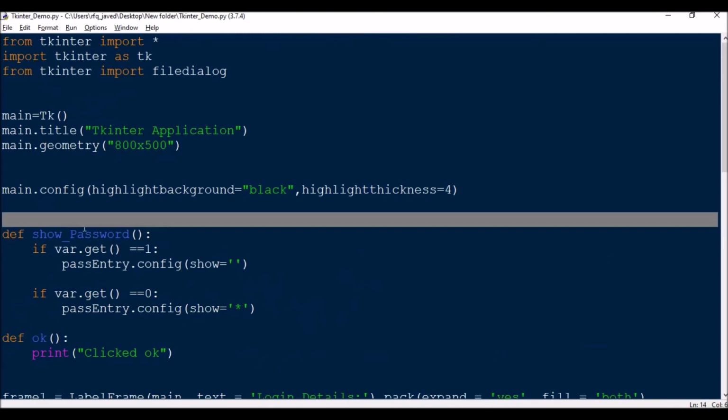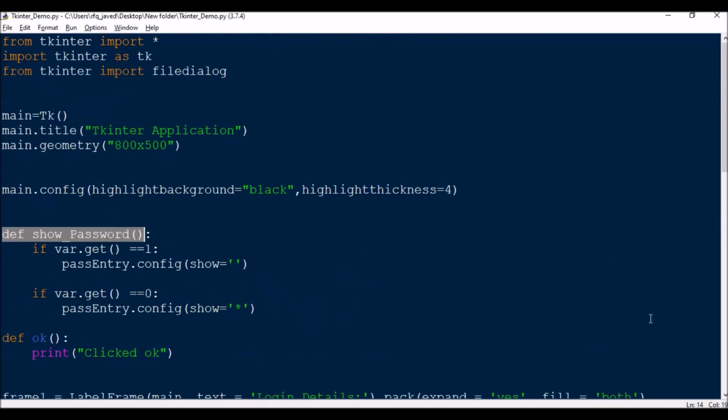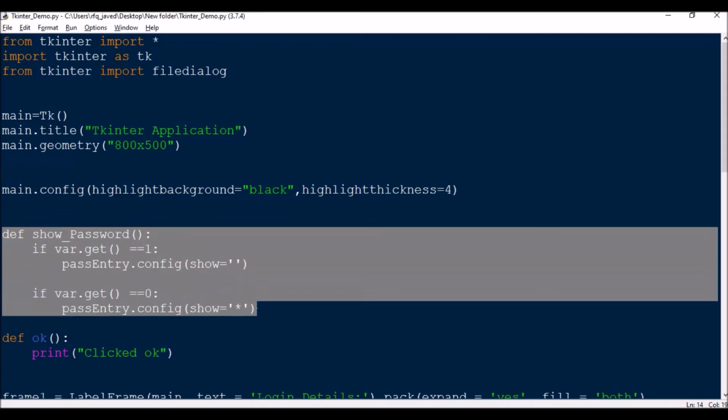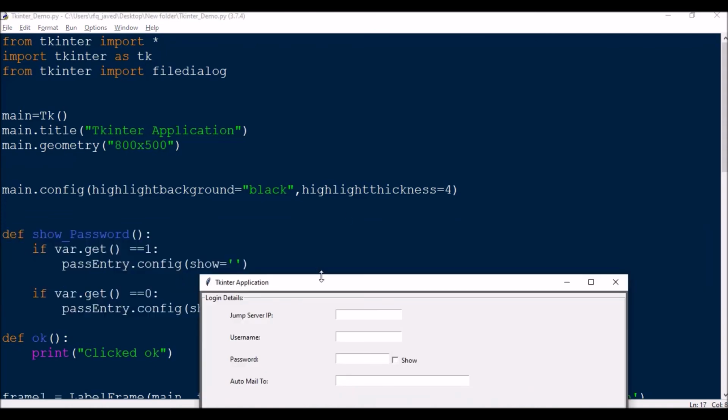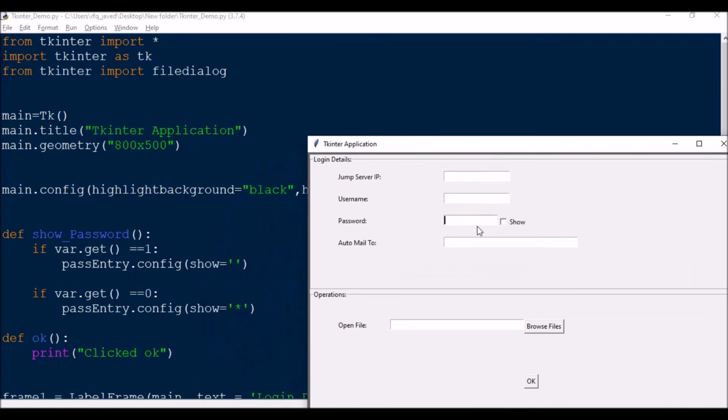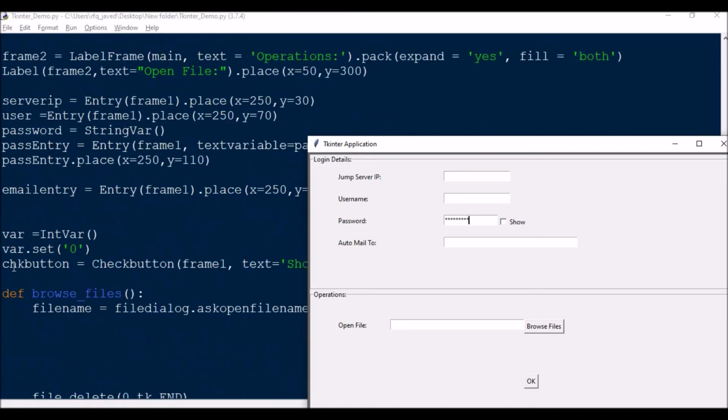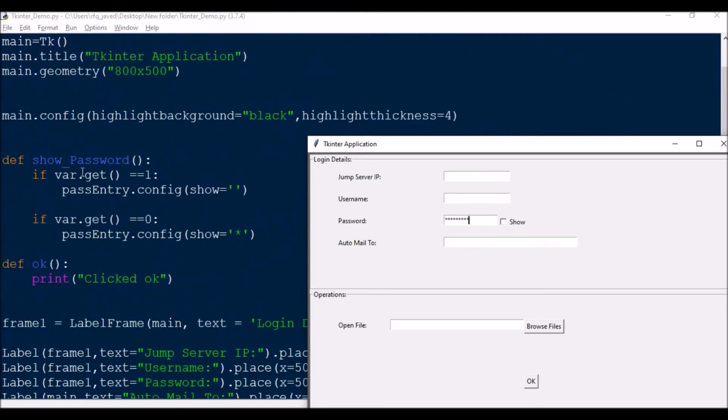So I'm calling this function whenever I'm commanding show. This function will be called, and say the password is Python 123, so it's shown in asterisk format. Whenever I'm calling this function show, it checks if var.get. That particular variable var fetches its value, so if var.get is equal to 1, meaning whenever I'm clicking this,